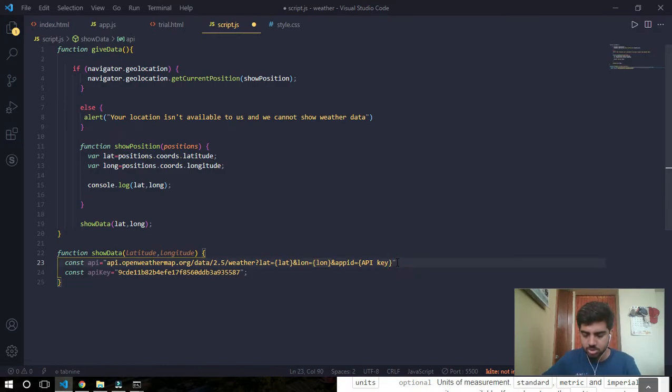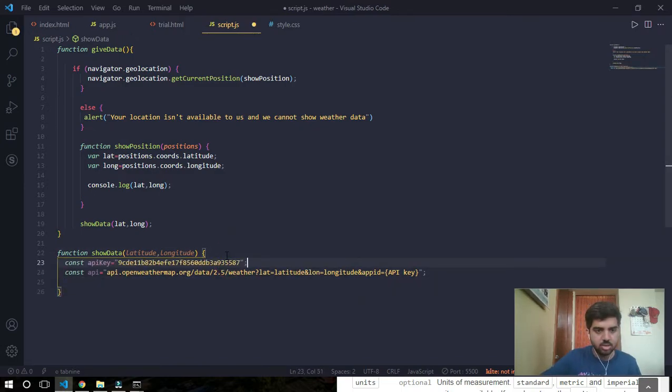So what we're going to do is take these curly braces out and write lat and lon equal to longitude, then cut and paste it here.